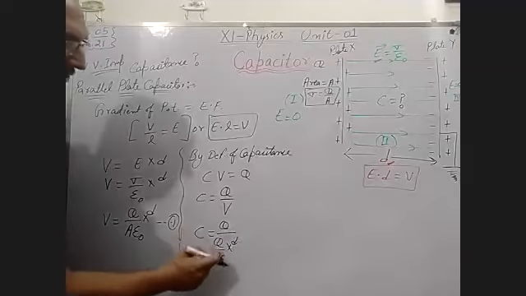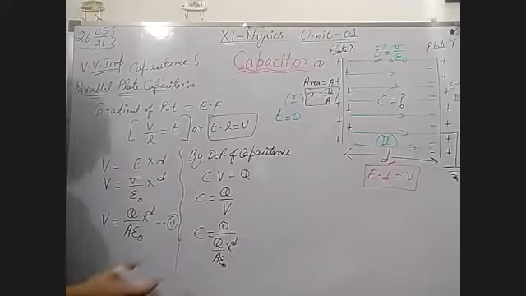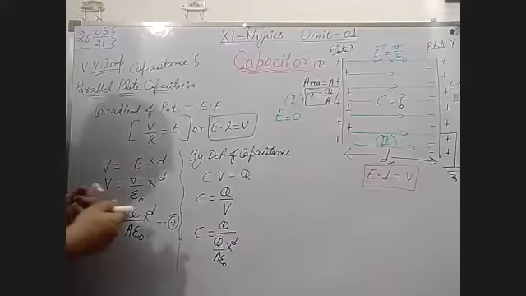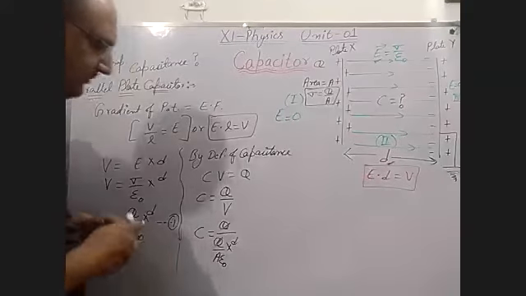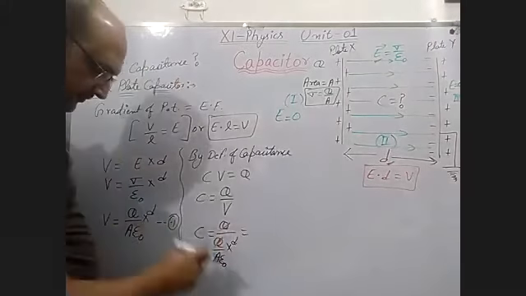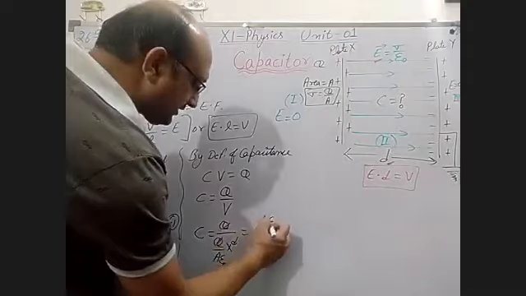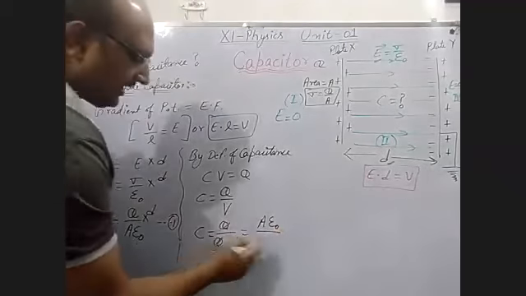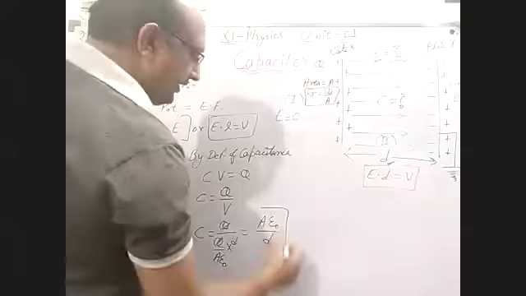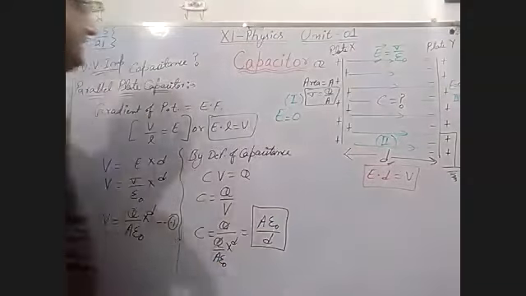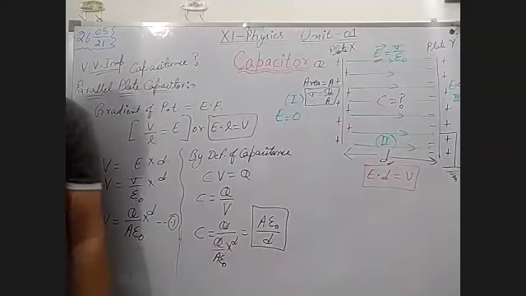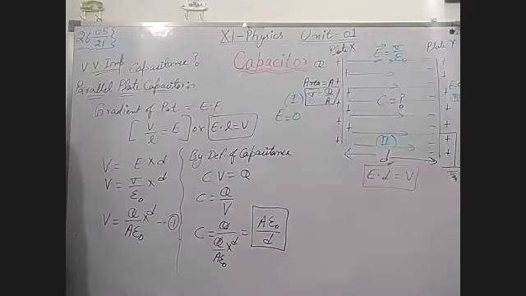C is equal to Q upon Q d upon A epsilon naught. Now solve it. Again in the denominator. Now this is the formula for calculating capacitance of a parallel plate capacitor. Are you getting my point? Okay. Now the next thing is